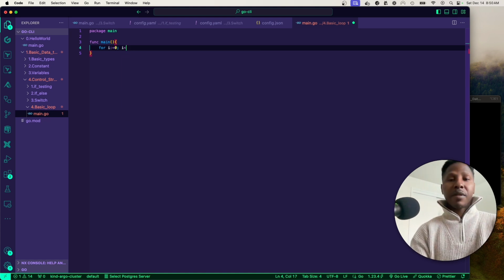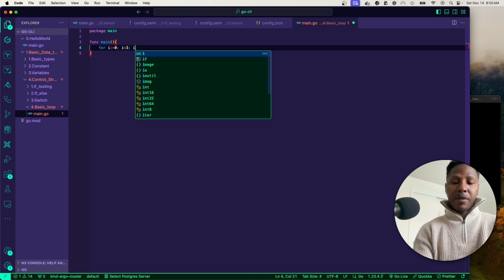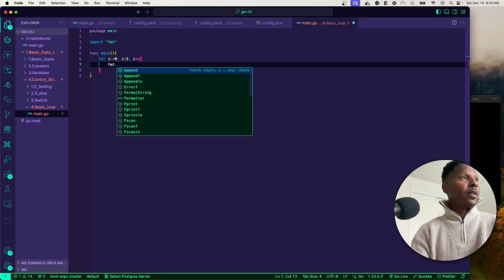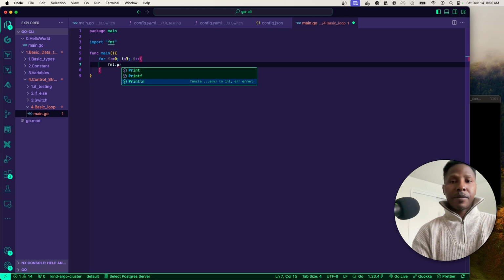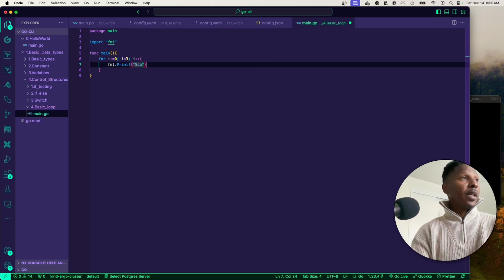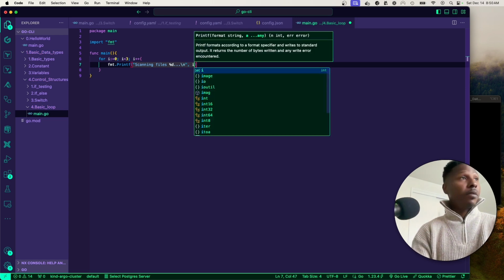And this is very similar to any other for loop in any other language. i++. I can't write i++. And then you're just going to say fmt.Print. We're going to do Printf this time. We're going to say scanning files %d. Then we're going to inline in that line, and then we'll do the i+1,